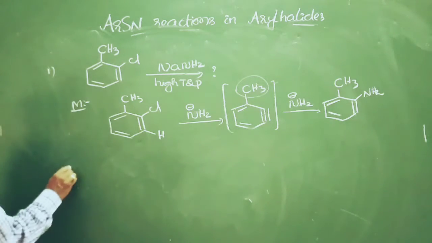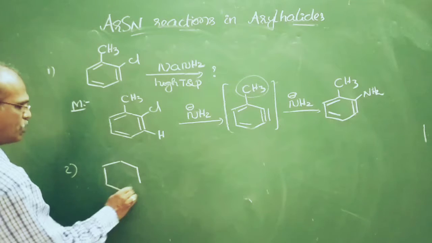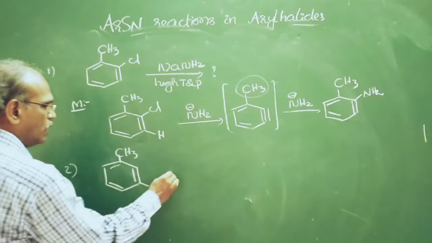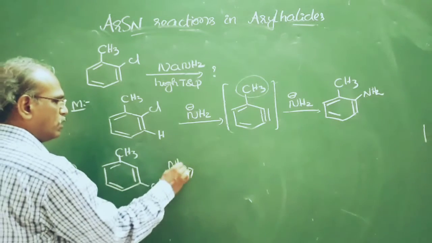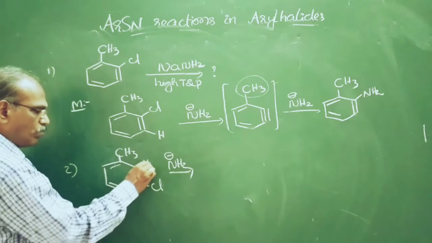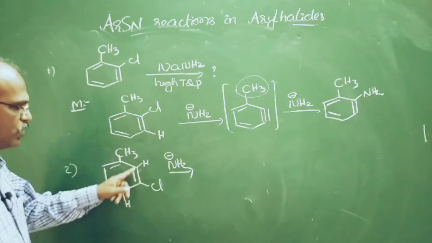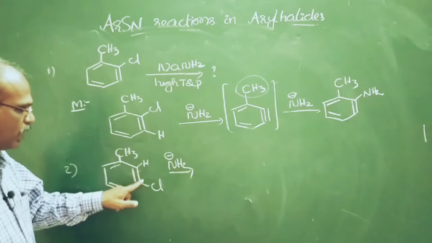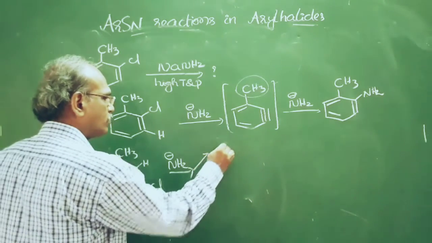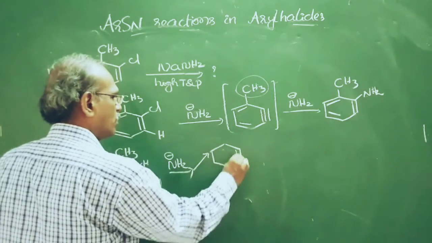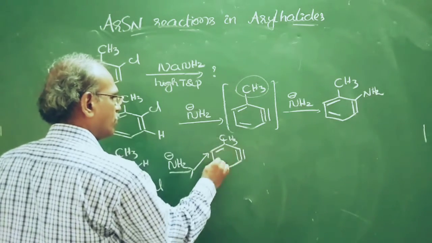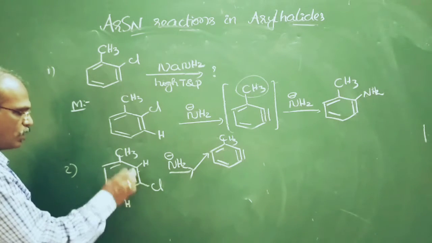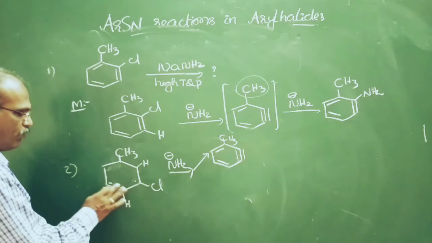Okay, now let's take another example. If chlorine is at the meta position, here see this structure, two possible benzynes are there. See, H may be removed from this carbon, then we get a double bond here, like this. Or if this H is removed, of course, they used to delocalize continuously. The double bond may be here. These are not fixed.